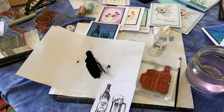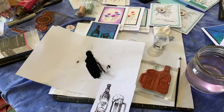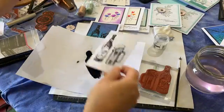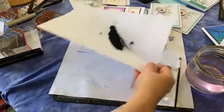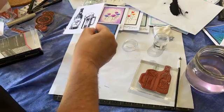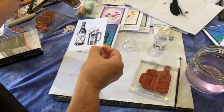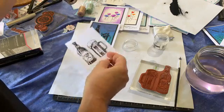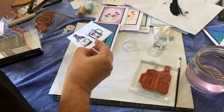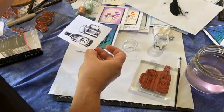I'm back. There we go. Whoops. I better put the powder out of the way. So just going to heat that up. So I find with embossing, if you aim it in one area and wait until that has heated up and then move it,